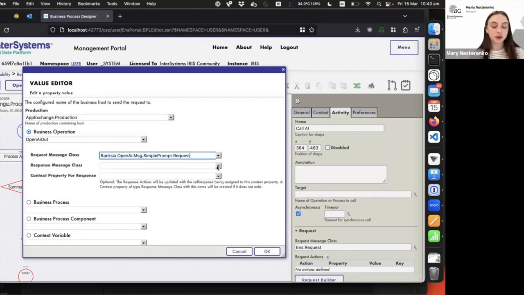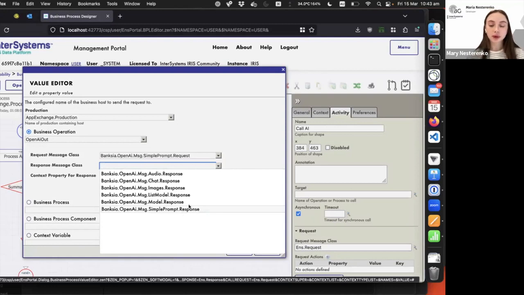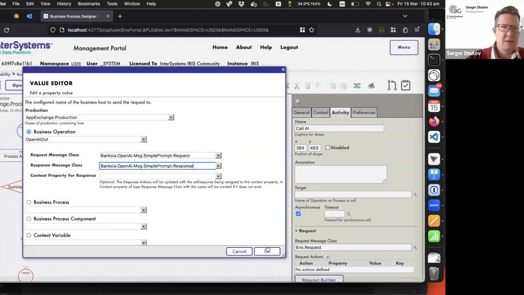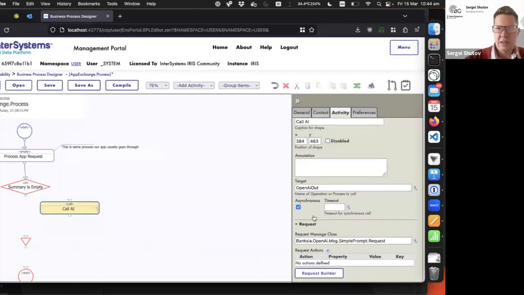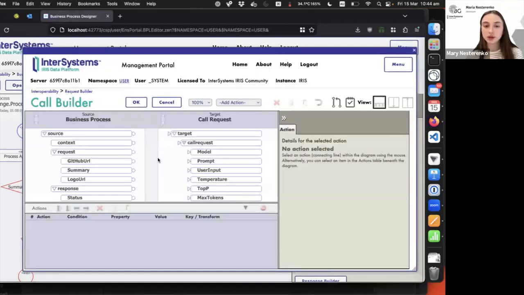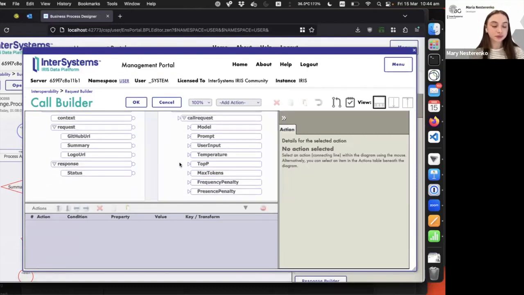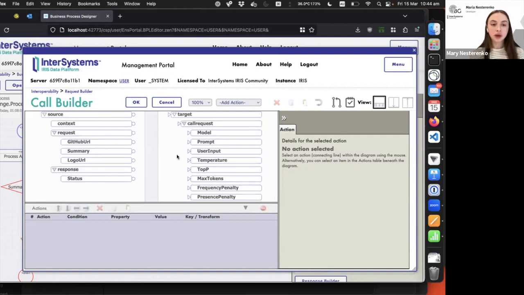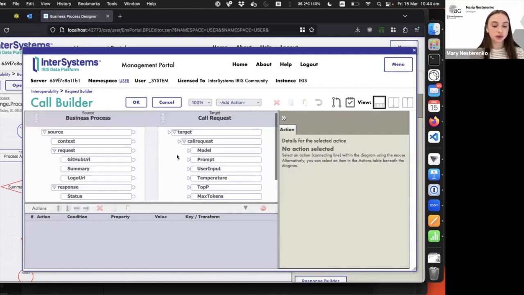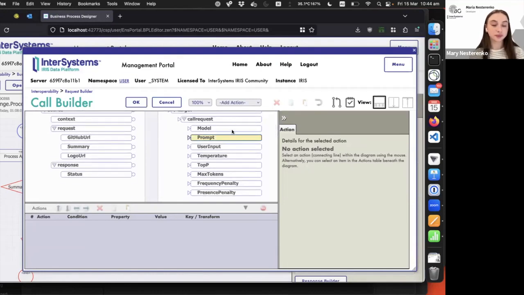And for response, we use simple prompt response. All right. So let's set this one up. And I guess we now need to build the request. Okay, we need to set up also action in the call, and we need to set for prompt, set to prompt